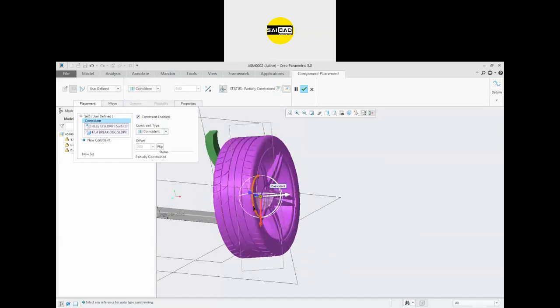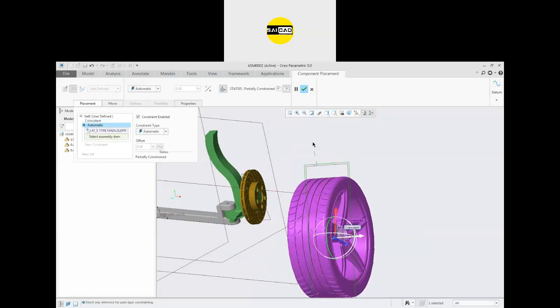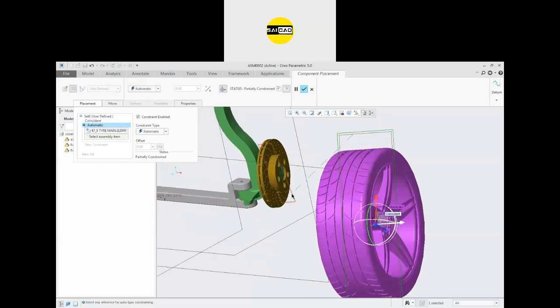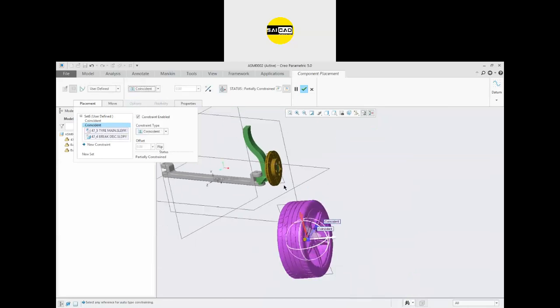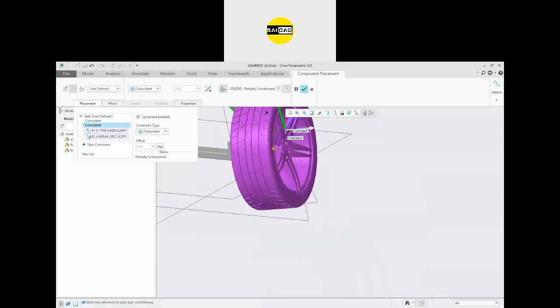Okay. So when you define this one, you will see this face is connected. Now you have to just control its rotation. So for the rotation, you have to just select this plane and this plane, and you can see the angle offset is applied. So go to the coincident like that, and the product will be coincident to that face.